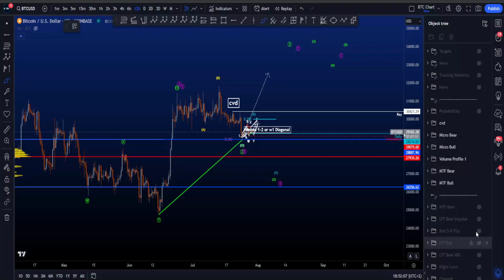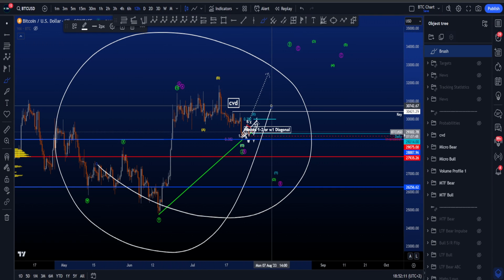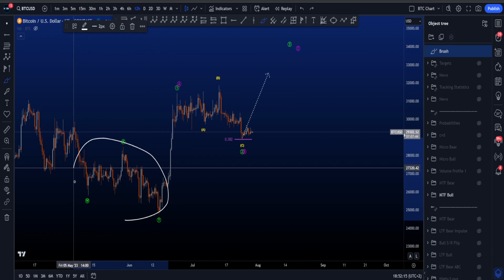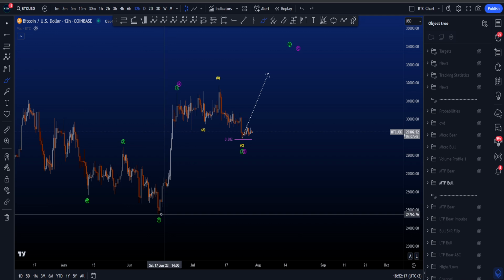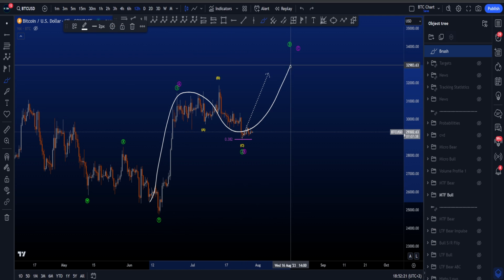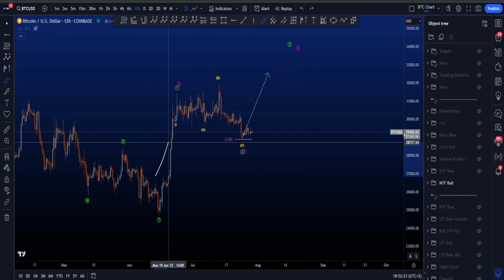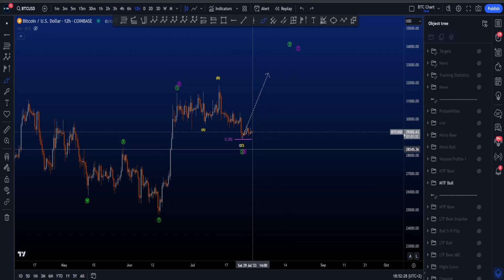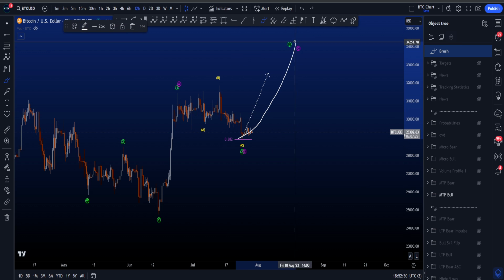Hi everyone, let's go over my medium time frame and micro bullish and bearish Elliott Wave scenarios on Bitcoin, starting with the medium time frame bullish scenario where we are looking for a finished three-wave structure to the downside and we won't see prices of 24k anymore. Instead, we are first going to move to higher prices, either in a wave A followed by a finished B and now already a wave C to the upside, or we are looking for a bigger impulse for higher prices